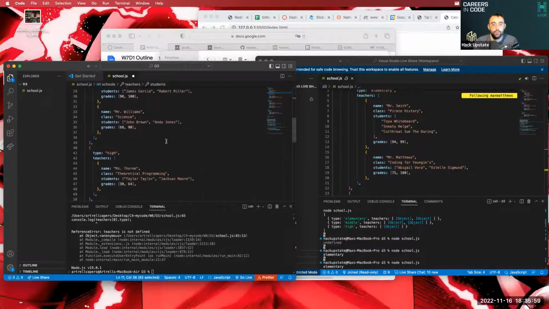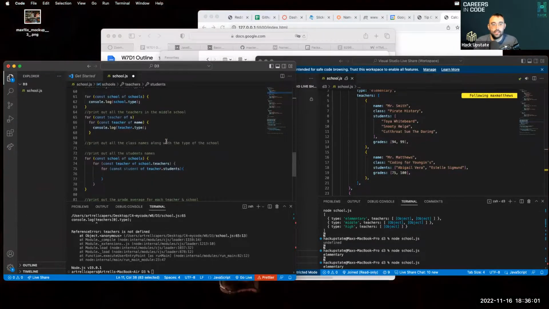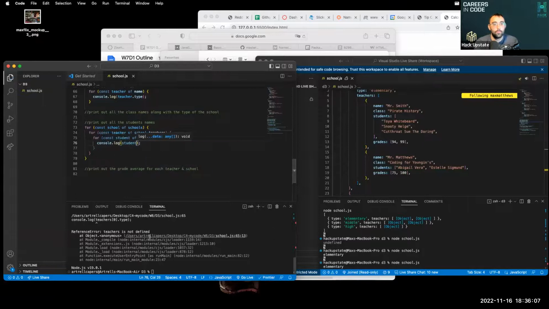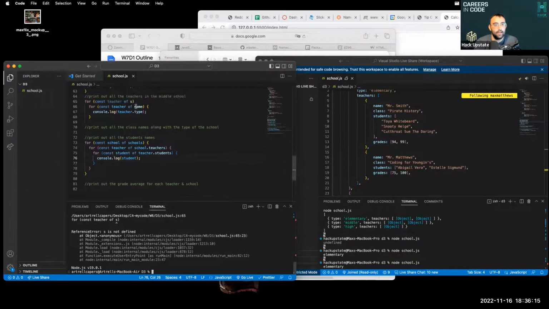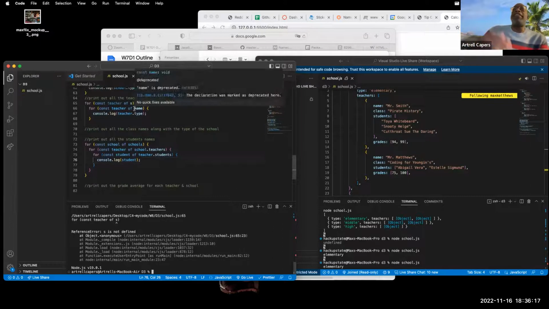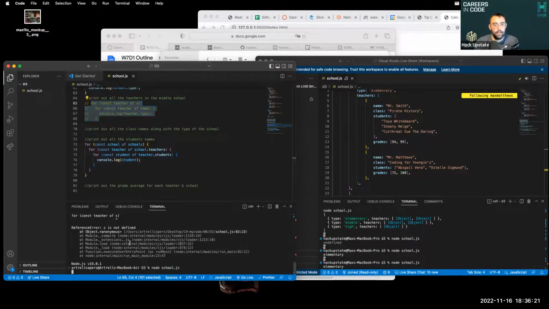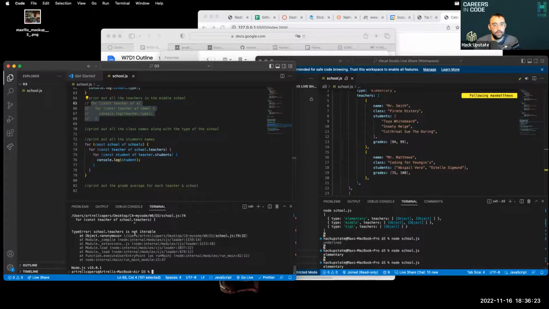So what we're able to do is just add a console.log student. S is not defined. What did I do? Line 65. Yeah, I never finished that. I'm just going to comment this out for now. Okay. And now we get